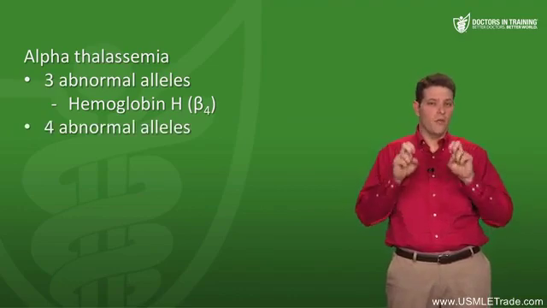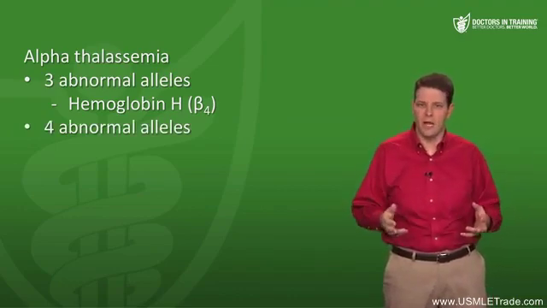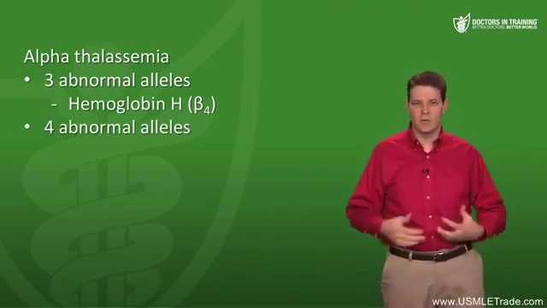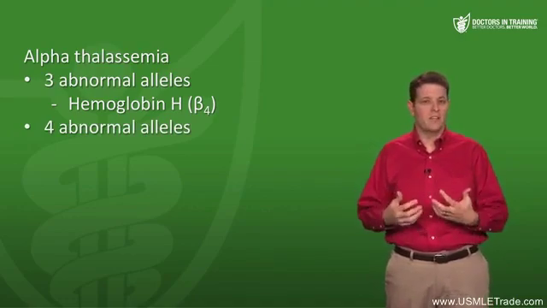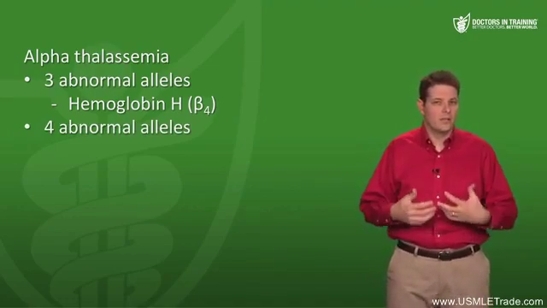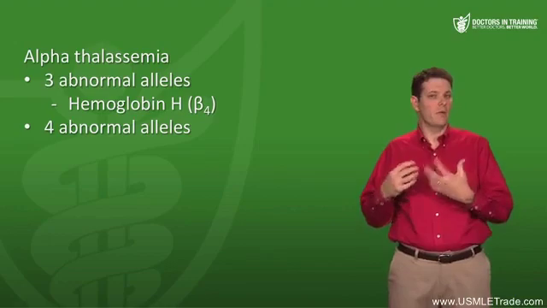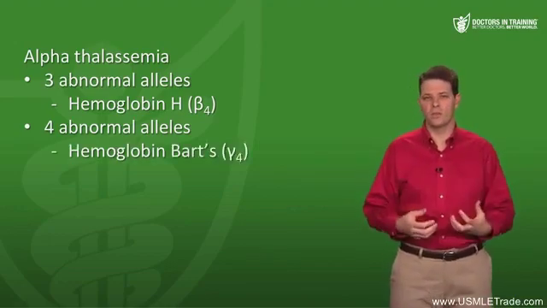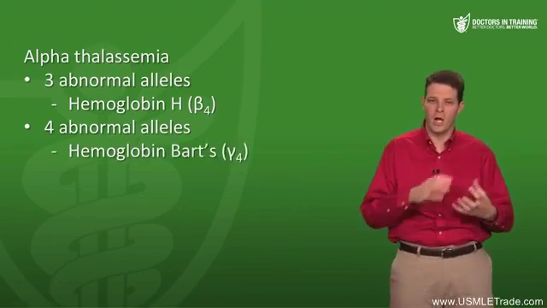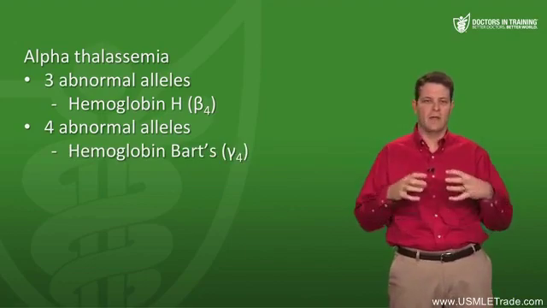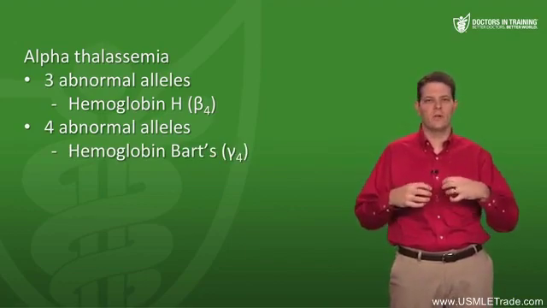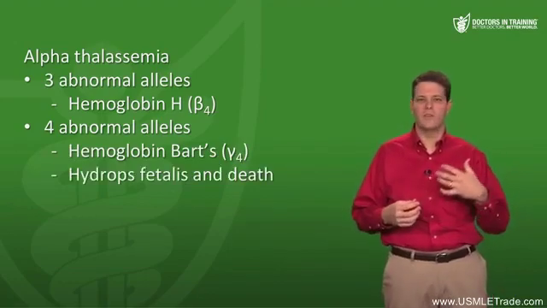Then, if you're deficient in all 4 alleles, that's incompatible with life. You don't ever get to the stage where you're making beta globin, because as a fetus, you make all gamma globins instead of beta globins. So instead of hemoglobin H, the fetus has hemoglobin Bart's, which is made up of 4 gamma globins, that other component of fetal hemoglobin. And that hemoglobin Bart's is going to cause generalized fetal edema, which we call hydrops fetalis,